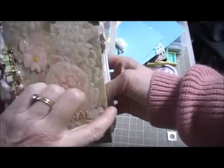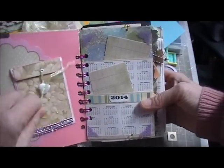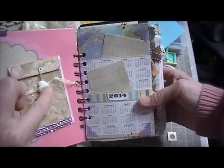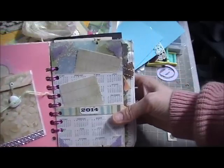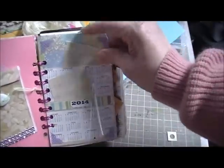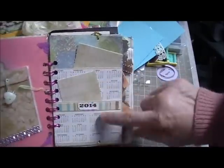And of course the Tim Holtz corners. And on the inside of the cover I have this envelope. You have to untie it and pull the button off and open it, and there's a tag in there. And there's an overlay on this side. Then I found a couple of